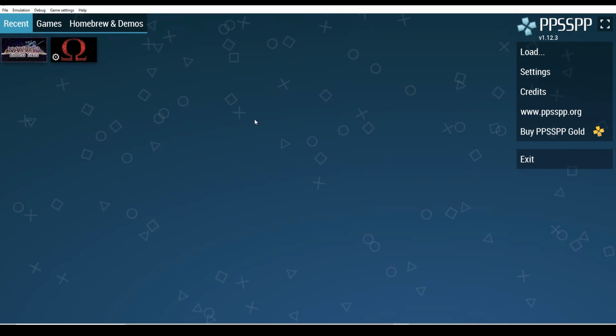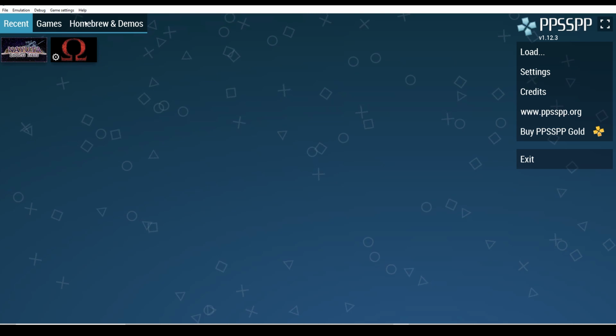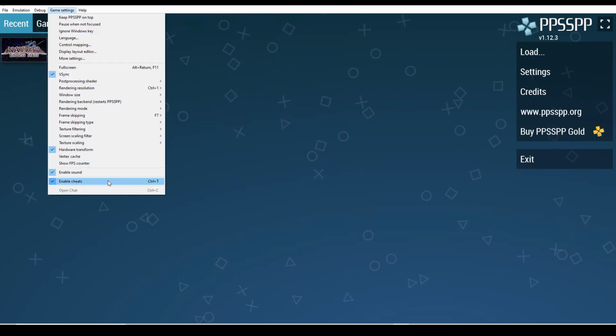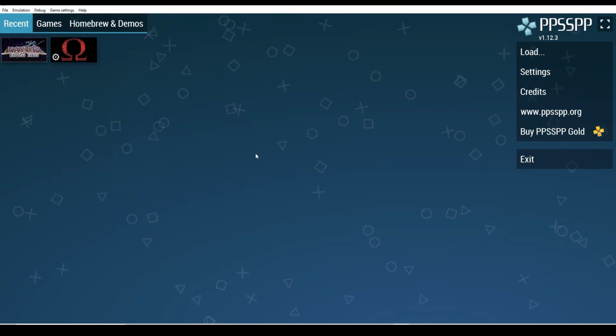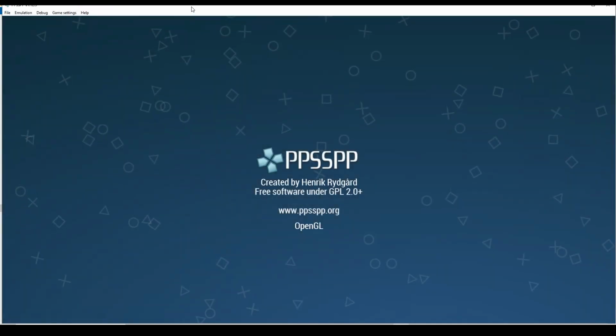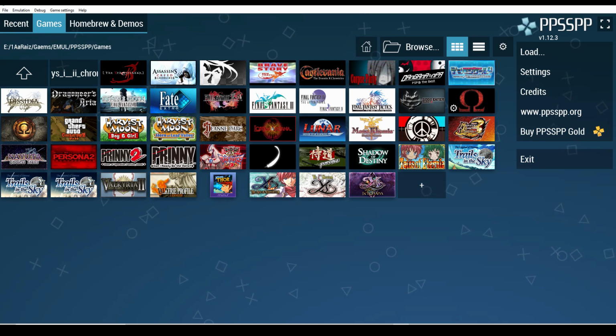Just open the PPSSPP emulator and go to game settings, and first click here to enable cheats. Then close the emulator and open again. Go to games, and in this case I'm gonna teach how to do with Ghost of Sparta. So open the game,